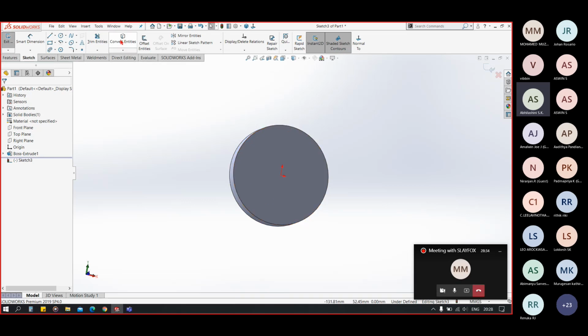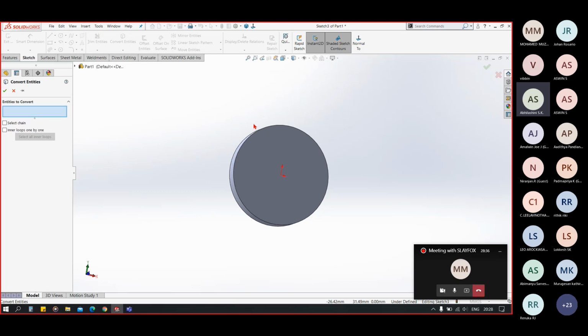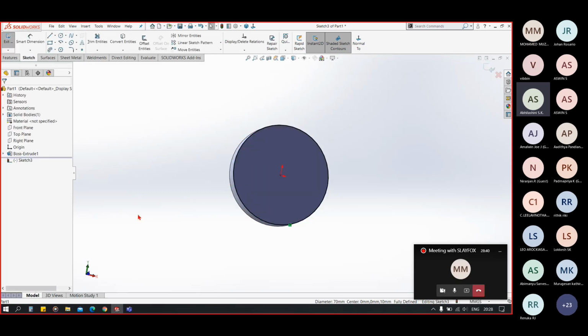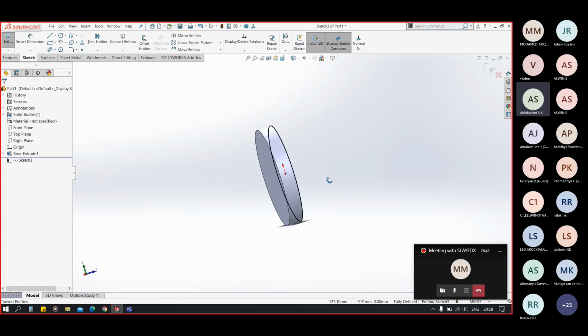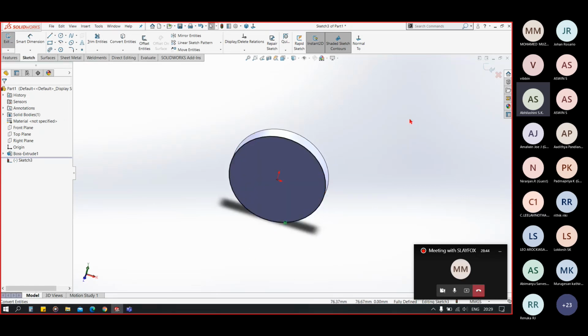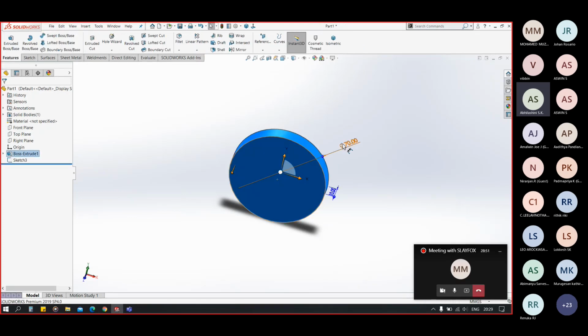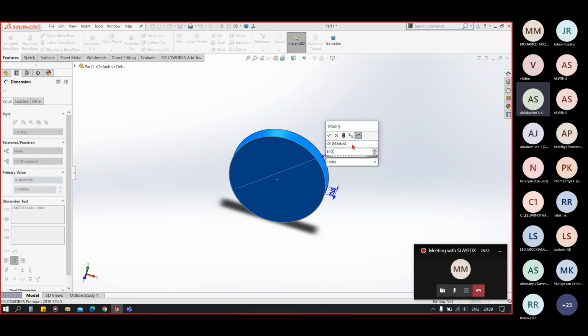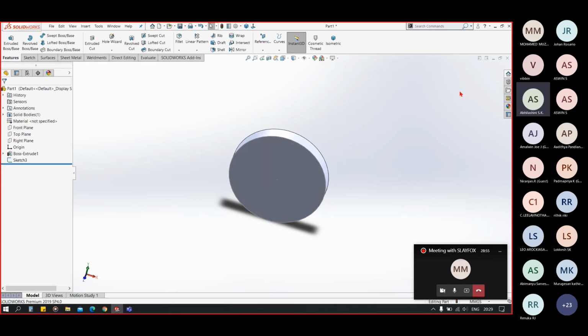So I will go to convert entities, select the edge of this body and click OK, so that it creates a new sketch that is fully dependent on the earlier body. When I modify the diameter to 100, the sketch will also be modified.